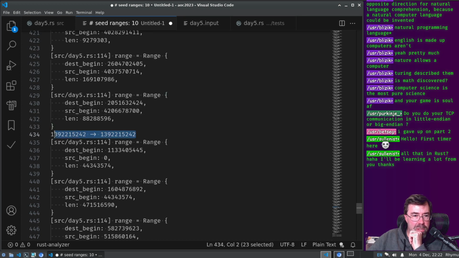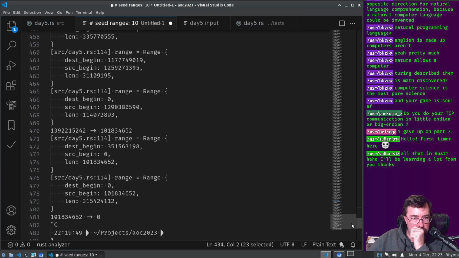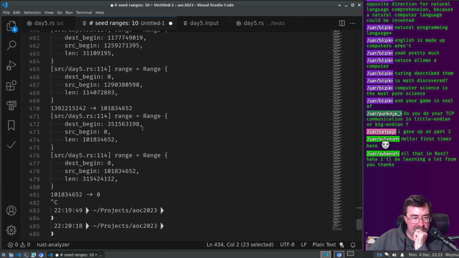This is because it was outside the range, I think. Unless, do I have a boundary problem? Is one of these right on the edge? This one is right at the source beginning.